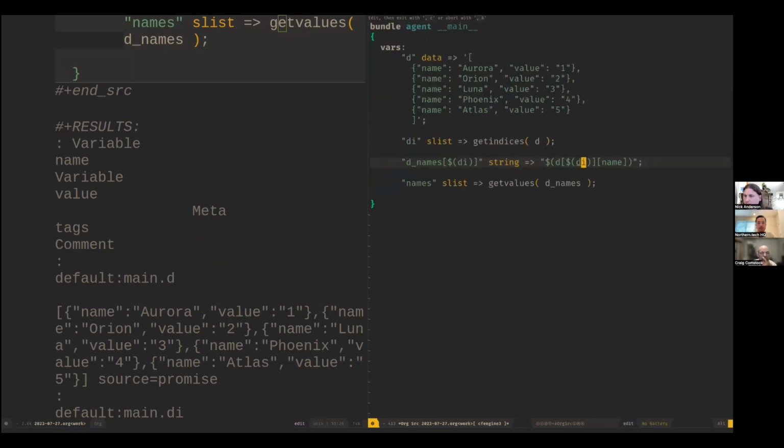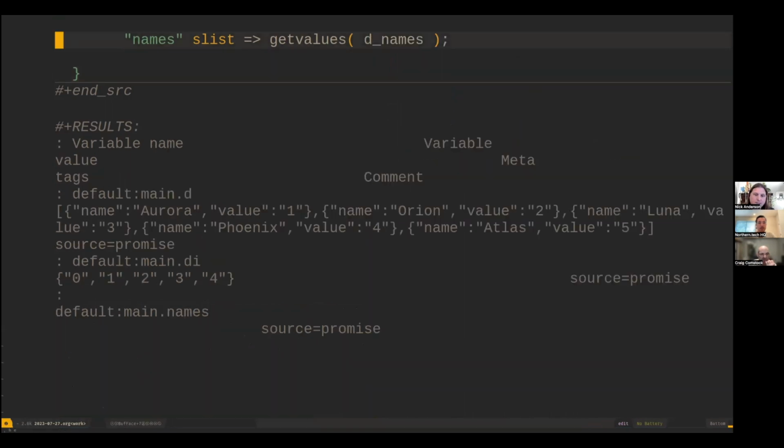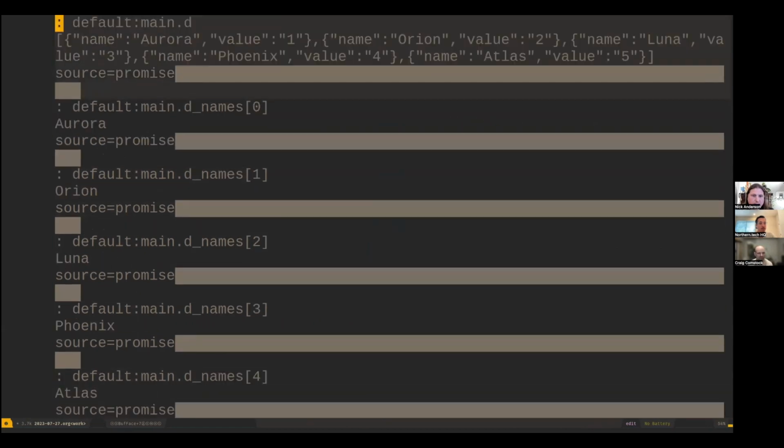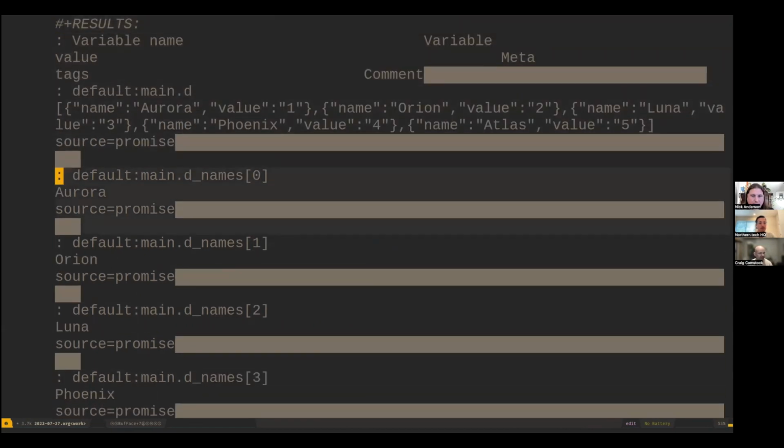Yeah, zoom it up. There you go. There we go. Right here. So I had I, but I needed DI. Right, those are indices. And if I run that again, here we go. Now we can see